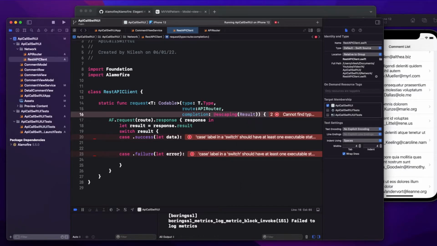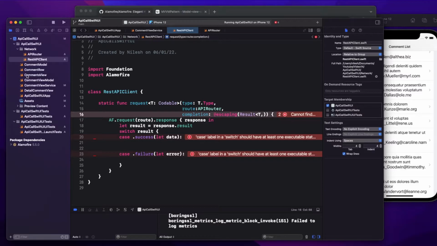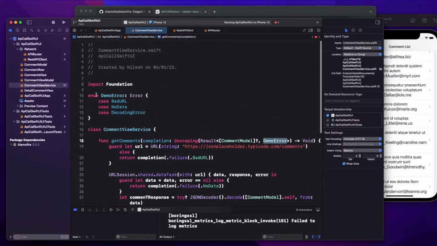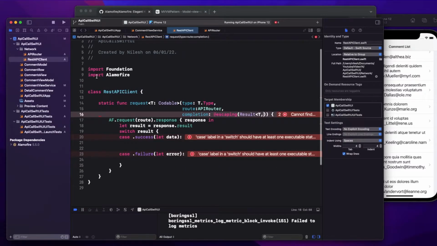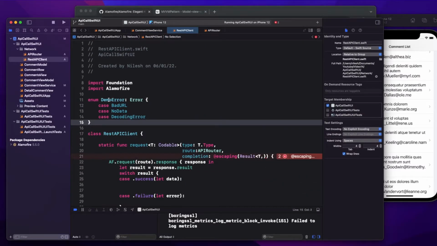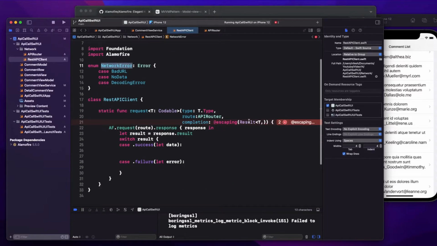So result T, and as this doesn't belong to this, I'll just bring it here, and I'll call it network error. Okay. Now result T, and in the case of error, I'll return network error.